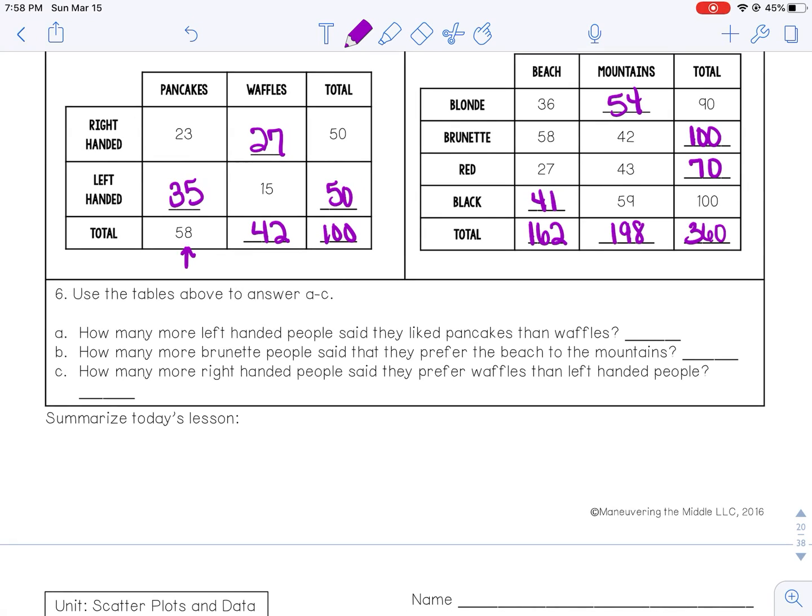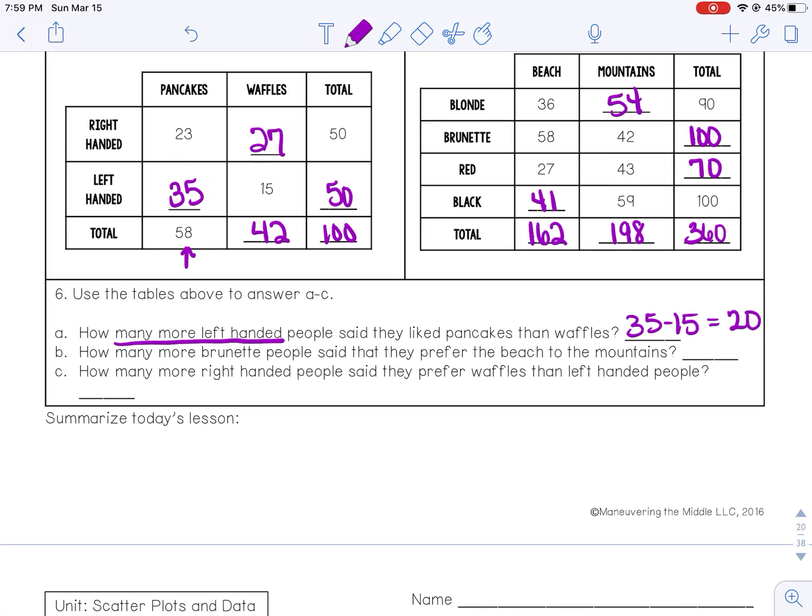All right, so we're going to use those two tables to answer these questions. How many more left-handed people said they like pancakes than waffles? So out of the 50 left-handed, 35 said they like pancakes, 15 said they like waffles. But the question says how many more left-handed people said they like pancakes than waffles. So what you're going to do is 35 minus 15, and that'll give you your answer